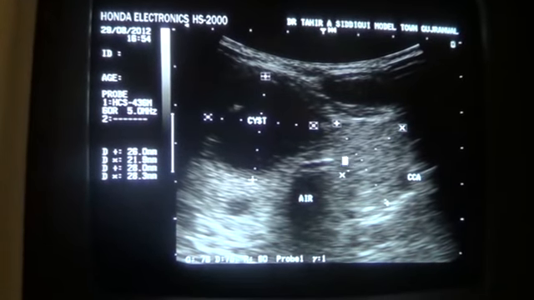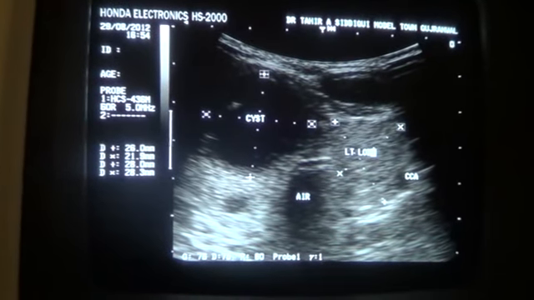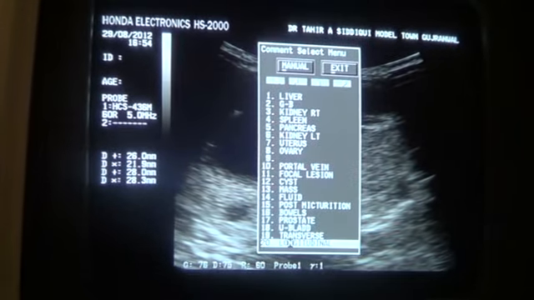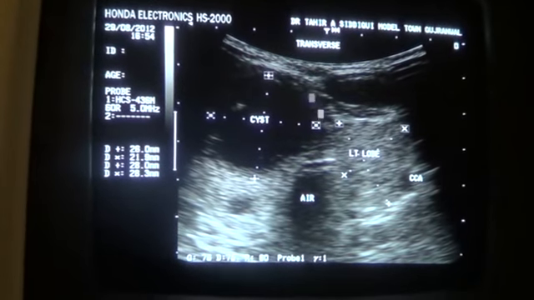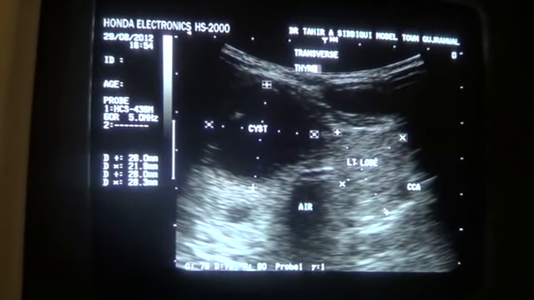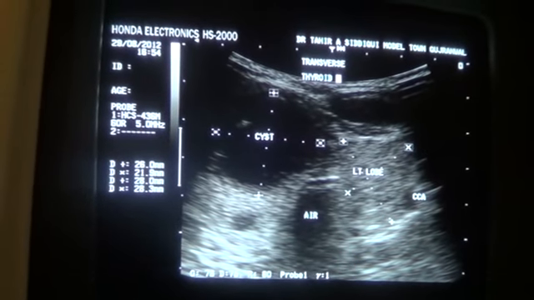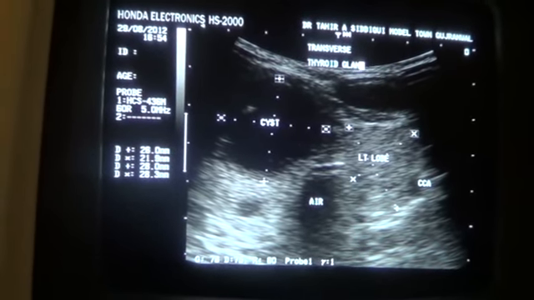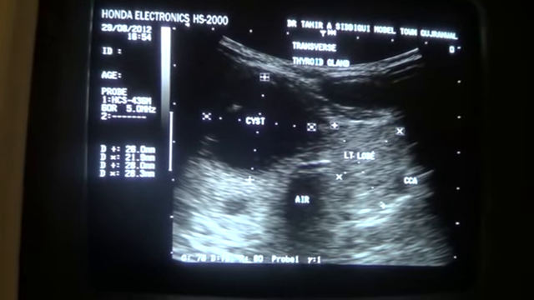And this is the transverse section of the left lobe. This is the transverse of the thyroid gland. Okay. Now,